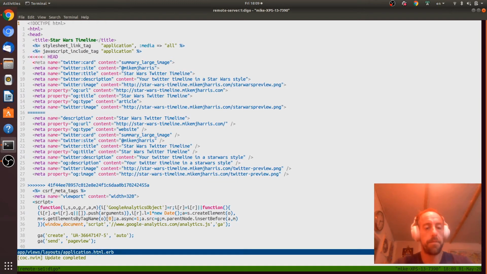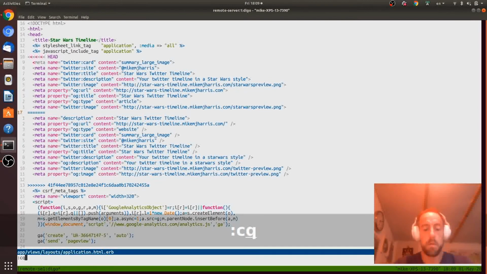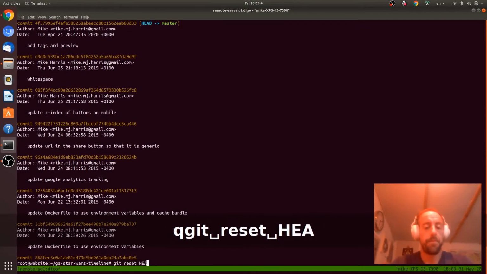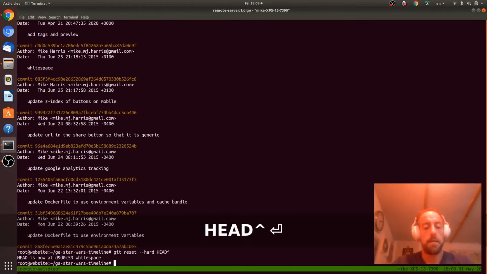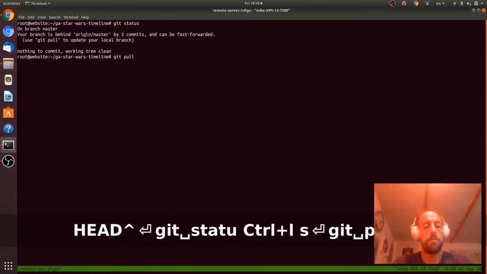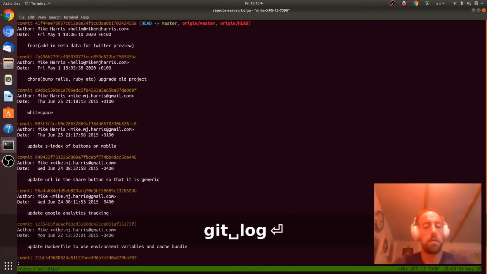Application. Git log. There's obviously something playing up here. So git reset --hard HEAD. Git status. Git pull. Great. We've got all of that. Cool. So